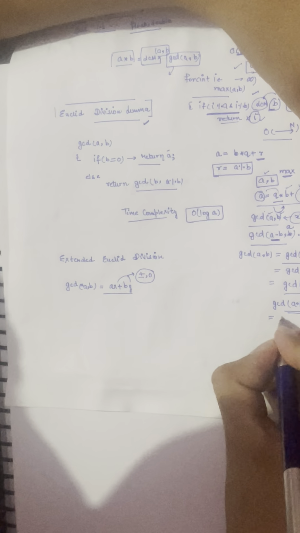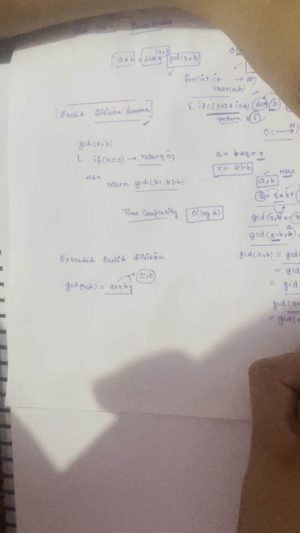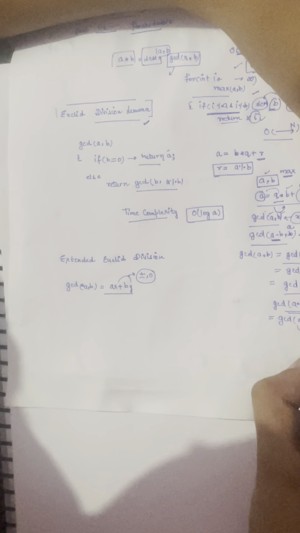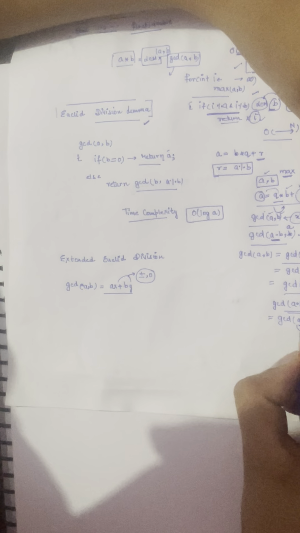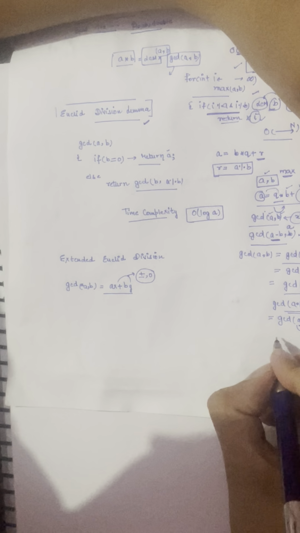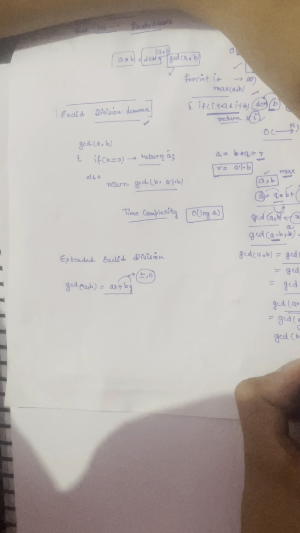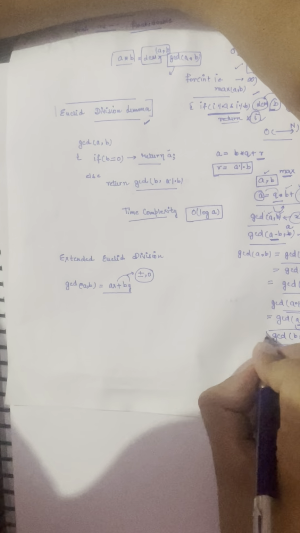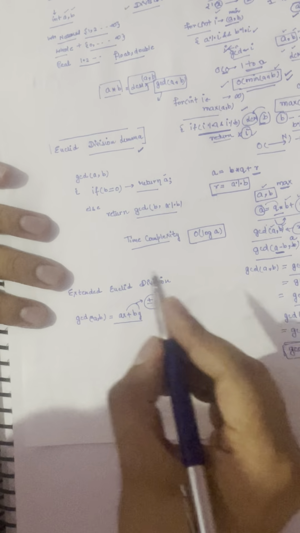which is also GCD of A modulo B comma B, right? Between B and A modulo B, which one is smaller? Because we are dividing A and taking mod by B, the result lies from 0 to B minus 1. So we write B, the maximum one, first, and then A modulo B. This is the property of GCD, and by using this property we would use recursion to find GCD.